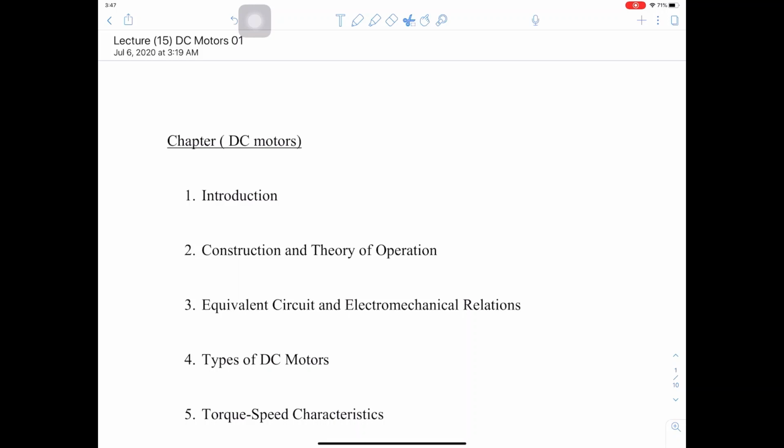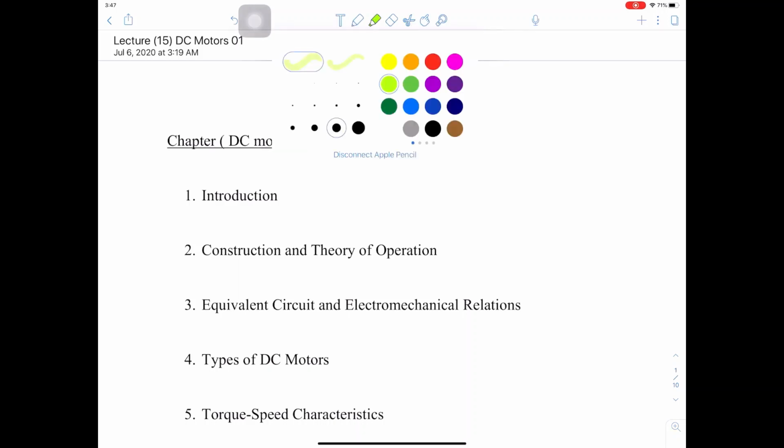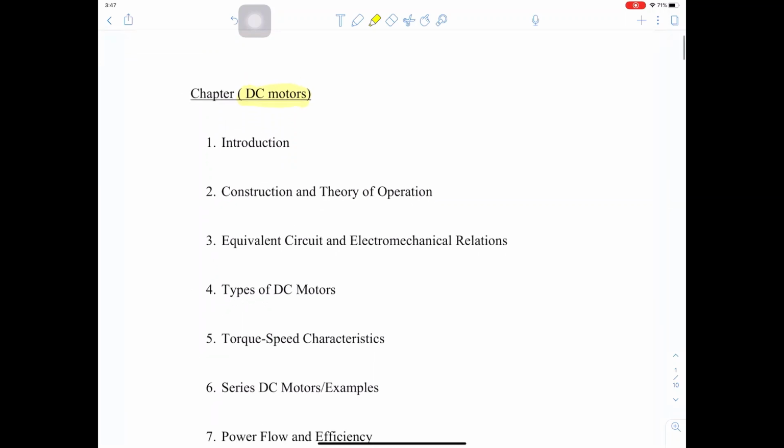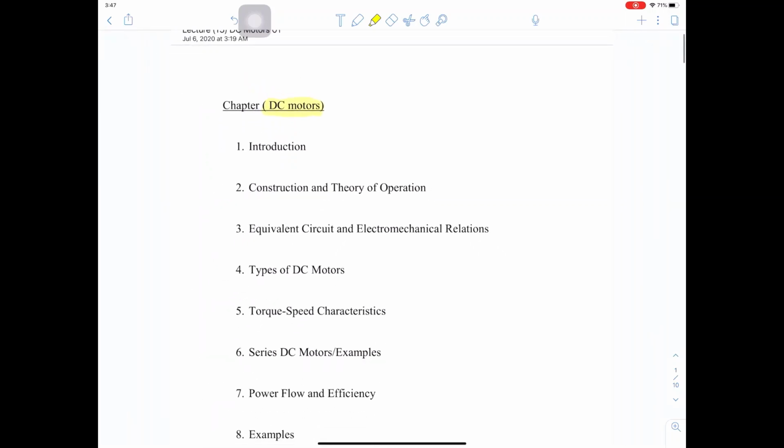Okay, so today we'll start a new chapter, and this chapter is an important chapter. And this chapter is DC motors or DC machines. We will see what is the difference between machines and motors. And in this chapter, we'll start by an introduction, then the construction and theory of operation of DC machines, equivalent